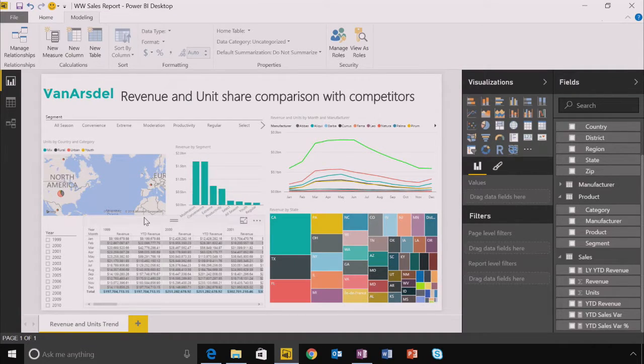We're going to use that as an example here, and we're going to walk through building something called row-level security, which is very, very granular security that you can apply within Power BI to control who has access to what data. I'm going to start here in the Power BI desktop, and I've already got a report built showing sales